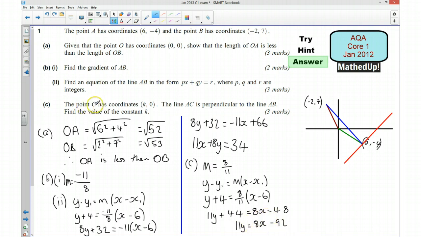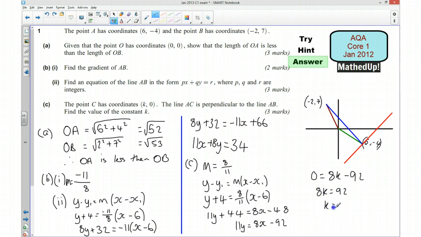I know that point C has coordinates (k, 0), so that means I can substitute k in for my x and 0 in for my y. So if x is going to be k and y is going to be 0, that's going to be 11 times 0, which is 0, equals 8 times x, which is k, so 8k take away 92, and that tells me 8k must be equal to 92,